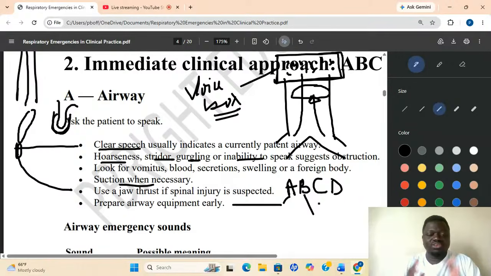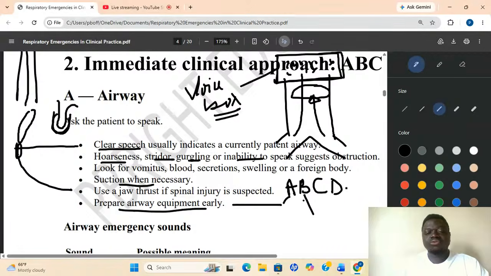Depending on the condition the patient presented, we have the ventilator to push air and bring it out. Yes, so all these ones, then we have the ambu bag, to push air down, for both adults and children. Now, so we are preparing the airway equipment. I'm showing you the easiest way to prepare airway equipment when it comes to emergencies.